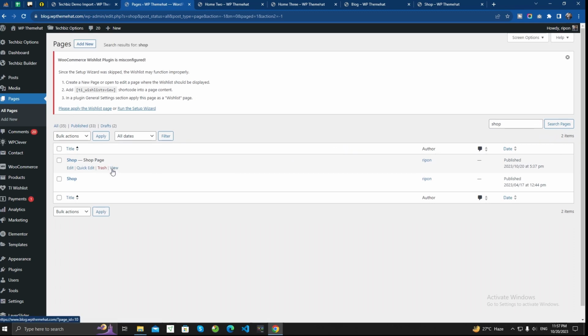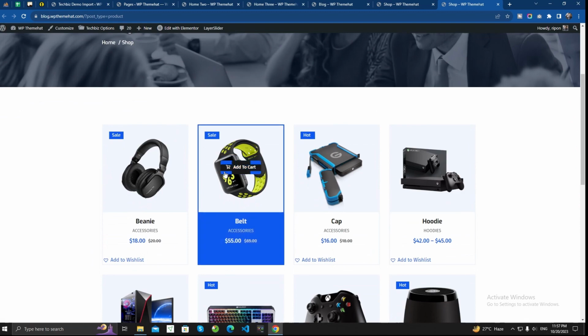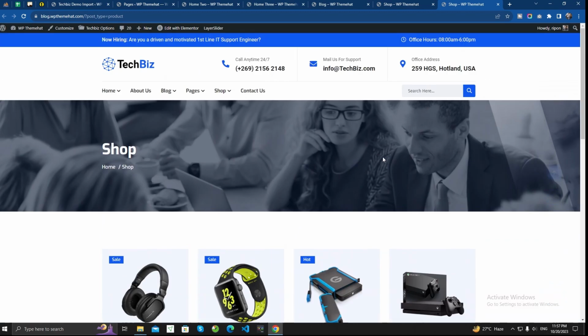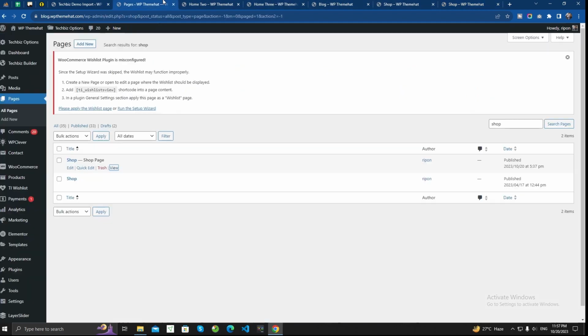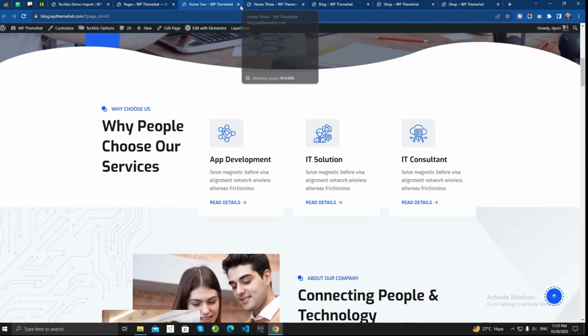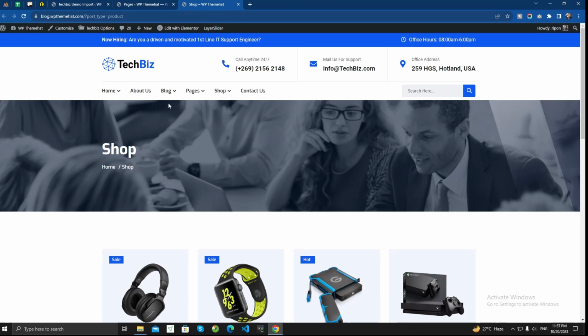Yeah, so the shop page ID has been changed after the demo import. So here is the shop here now. So you are having the look of our website here. So what we need to do is, if you want to change our header,